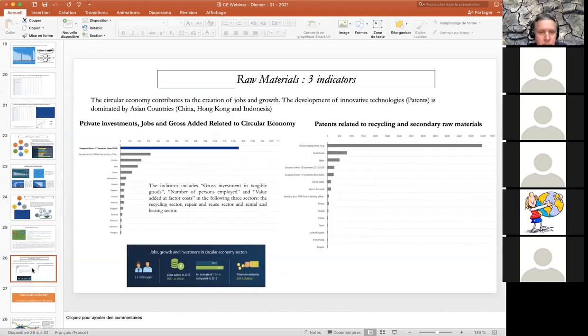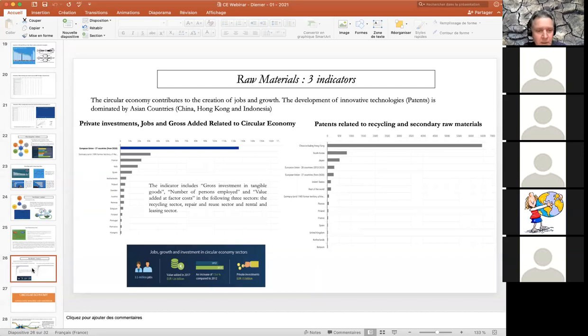If we go to the last category, because the last category is jobs and growth, it's a very hard time to make the connection because now we're coming back to the economic system. And the problem is the way you see the economic system, the way you see security. So if you still believe that economy produces jobs and growth, yes, you're going to make the connection with security. But if you start to believe that circular economy is not really able to create the jobs we need or the growth we expect, the connection is very different.